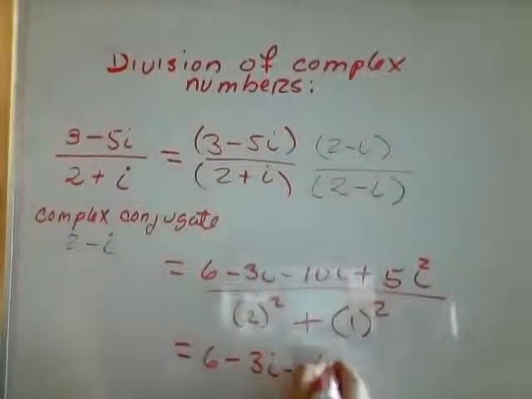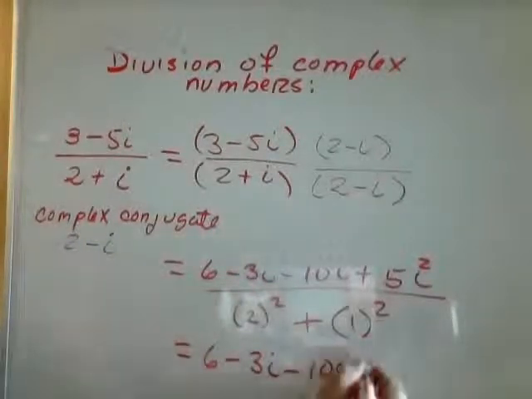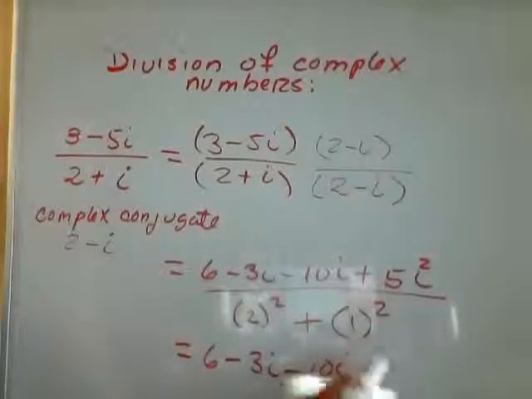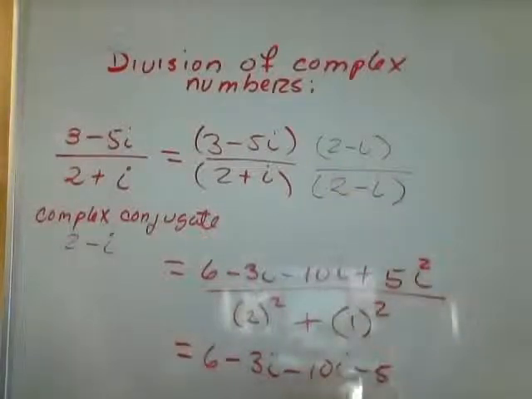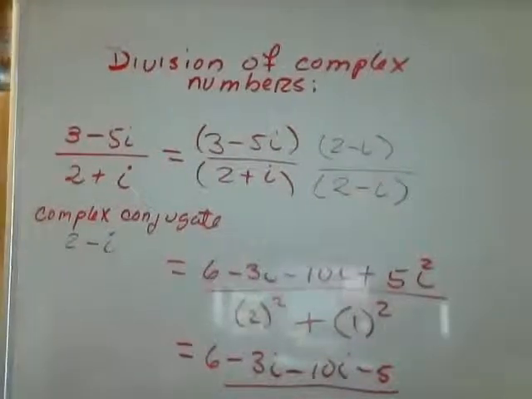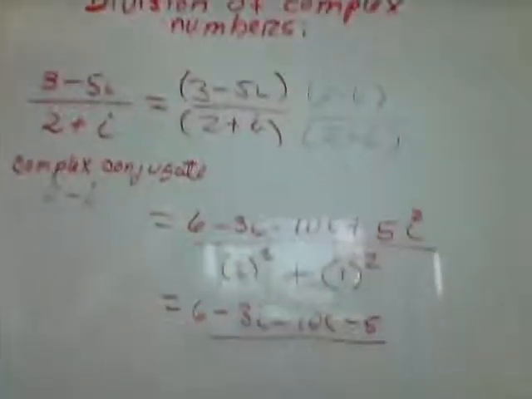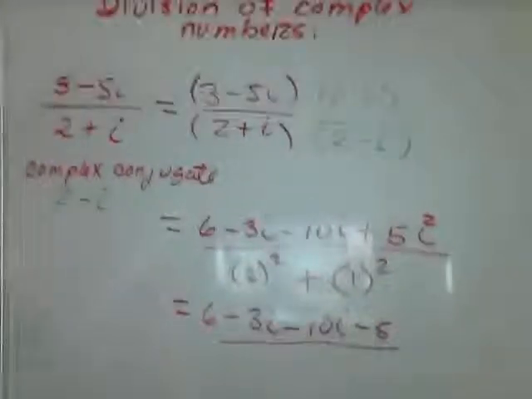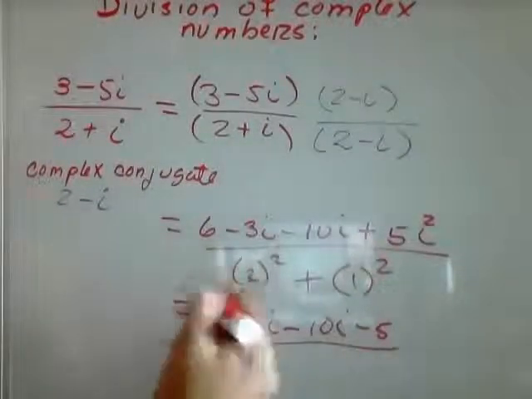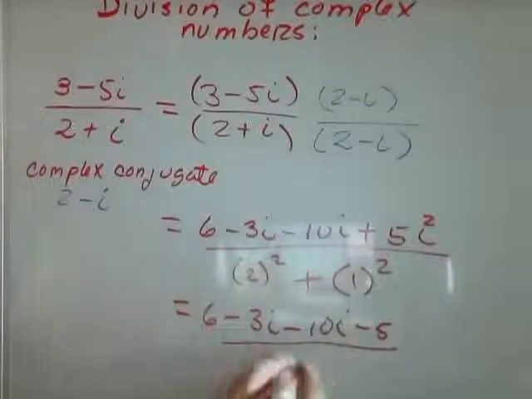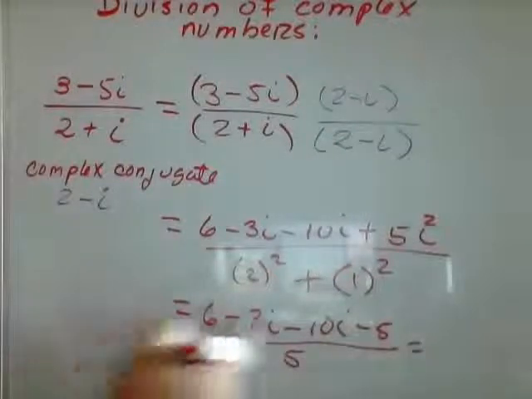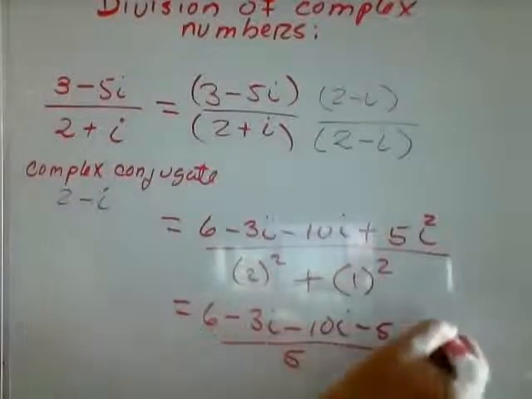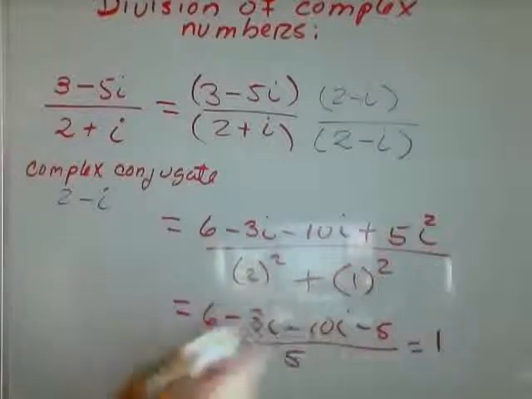Then we get here 6 minus 3i minus 10i, right? Well, minus 5, because 5i to the second becomes 5, right? All over, and then in this case, we are going to square 2, that is going to be 4, plus 1 squared, that is going to be 1, is going to be 5. We combine, okay, and then 6 minus 5 is going to be 1,